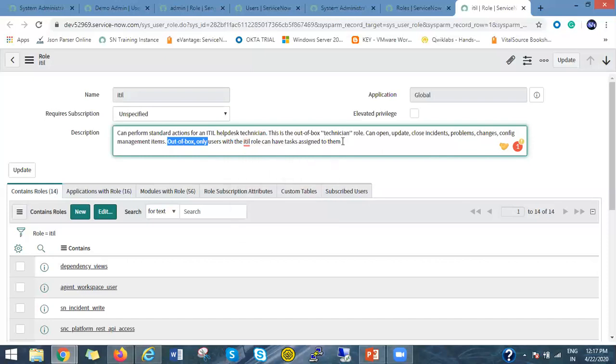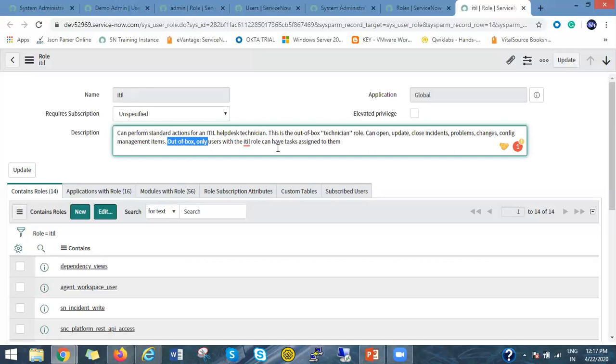That means if I don't have the ITIL role associated with my user ID, my team cannot assign any incident, problem, or change to me. So to work with incident, problem, change request modules, I should have the ITIL role, then only my team can assign them to me. Okay, so this is the use of ITIL.